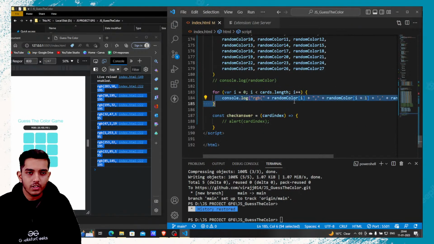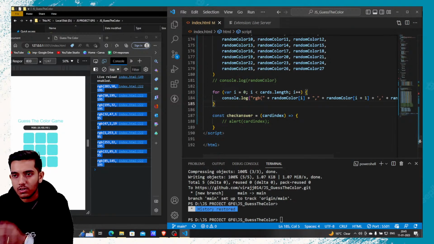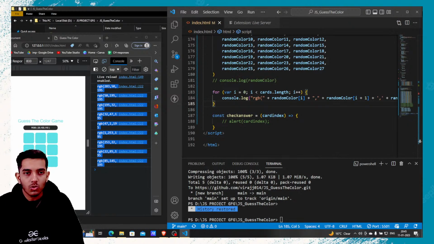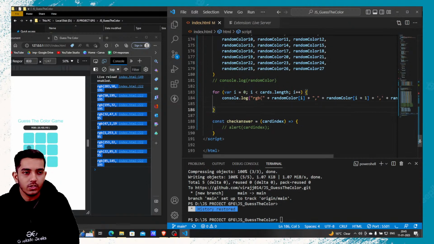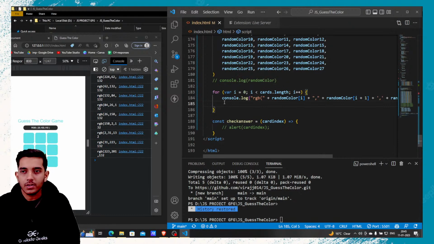So this for loop will actually run 9 times, and it will give us 9 random colors. Okay, so it gave us 9 random colors. Now it will become really easy for us. For that, you can simply do one thing: push these colors as a background color to these cards. So for that, you can simply write